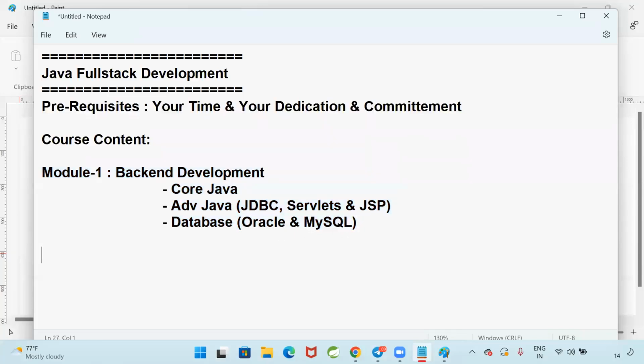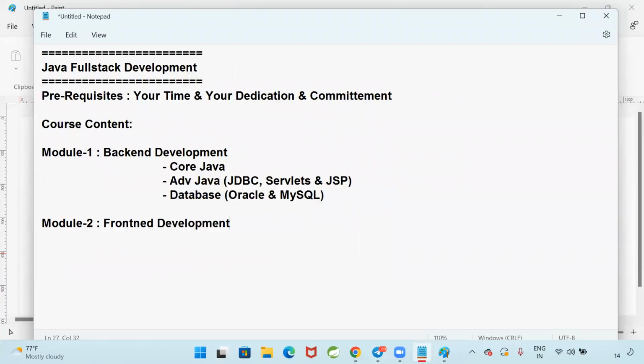Once this backend development is done, our second module will start. In this second module, we are going to learn front-end development. What is the meaning of front-end? Whatever you see on a website, if you open naukri.com to apply for a job, that is called the front-end.